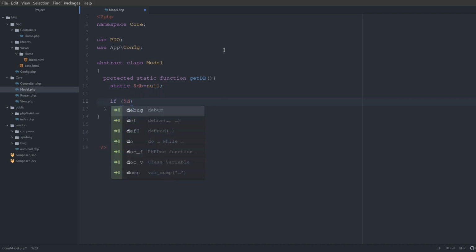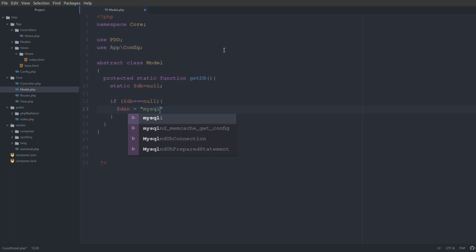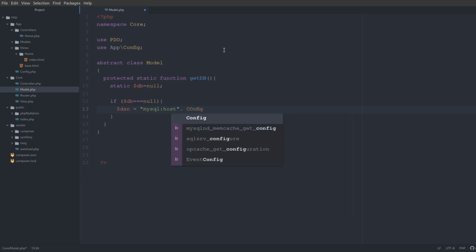If $db is null, then $dsn is equal to mysql:host, and then our config DB_HOST, then our dbname will be our config.DB_NAME,